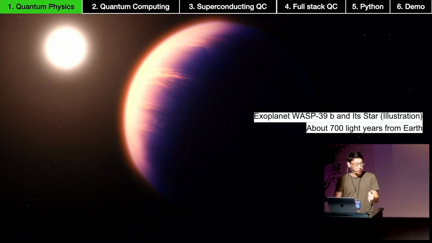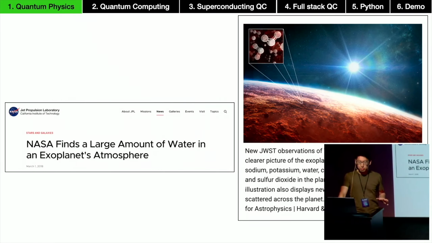However, if you Google this planet, and many other exoplanets for that matter, you will find some publications where they say, wow, we actually found sodium, potassium, carbon dioxide, carbon monoxide, and different elements in the atmosphere of that planet. How? Like, you cannot see it. It's just a pixel, yet you know what kind of molecules are in the atmosphere of that planet. And the answer to the how question is spectroscopy.